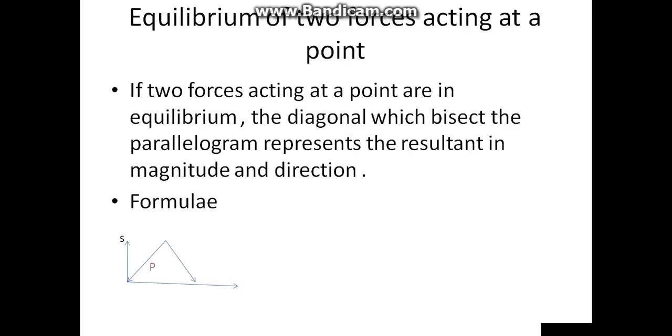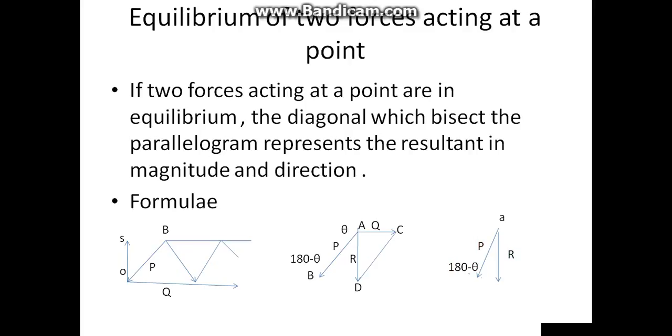In figure 1, we have force acting on a truss OP, having S as a vertical component and Q as a horizontal component, P as the resultant. Then II is another diagram showing the parallelogram of forces